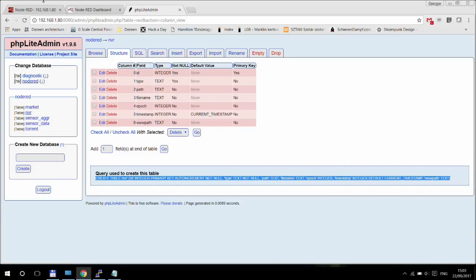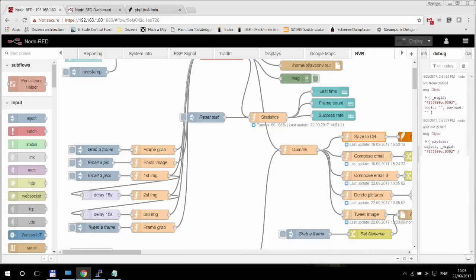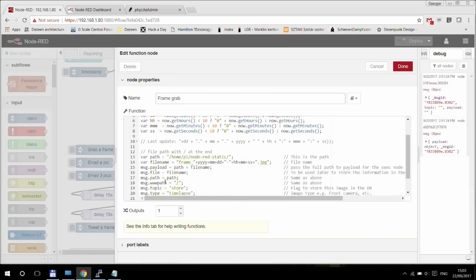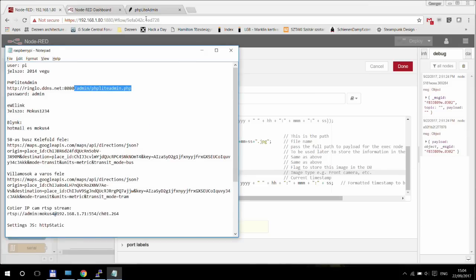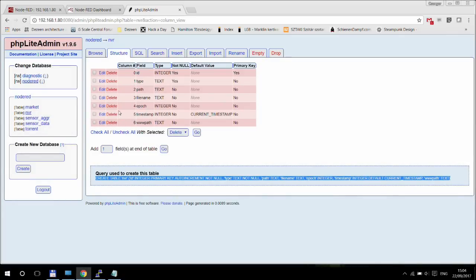Then we have a type, and this is the type which comes from here. So it's basically just a string, and this can be something like front camera, garden, something like that. Anything that helps you to remember the type of image. The next one is the path and the file name, which is the physical path and the file name of the file. We have the www path, which is the relative path for the URL,